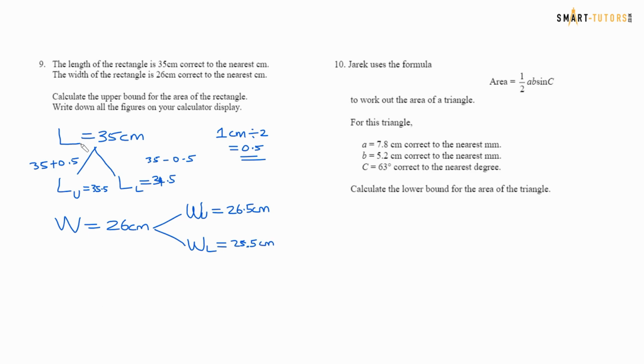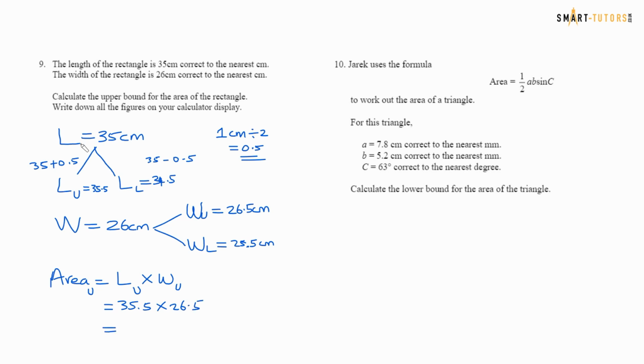Right? So now calculate the upper bound of the area. The area of the rectangle, we know, is length times width. If you want the upper bound of the area, length upper needs to be times what? By width upper. So length upper is